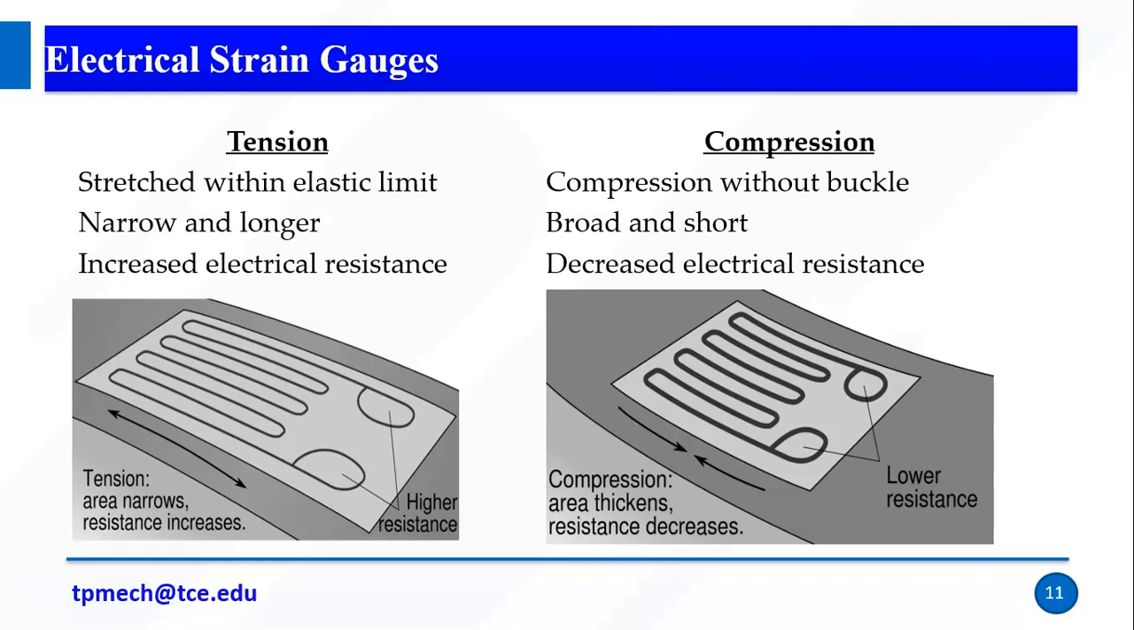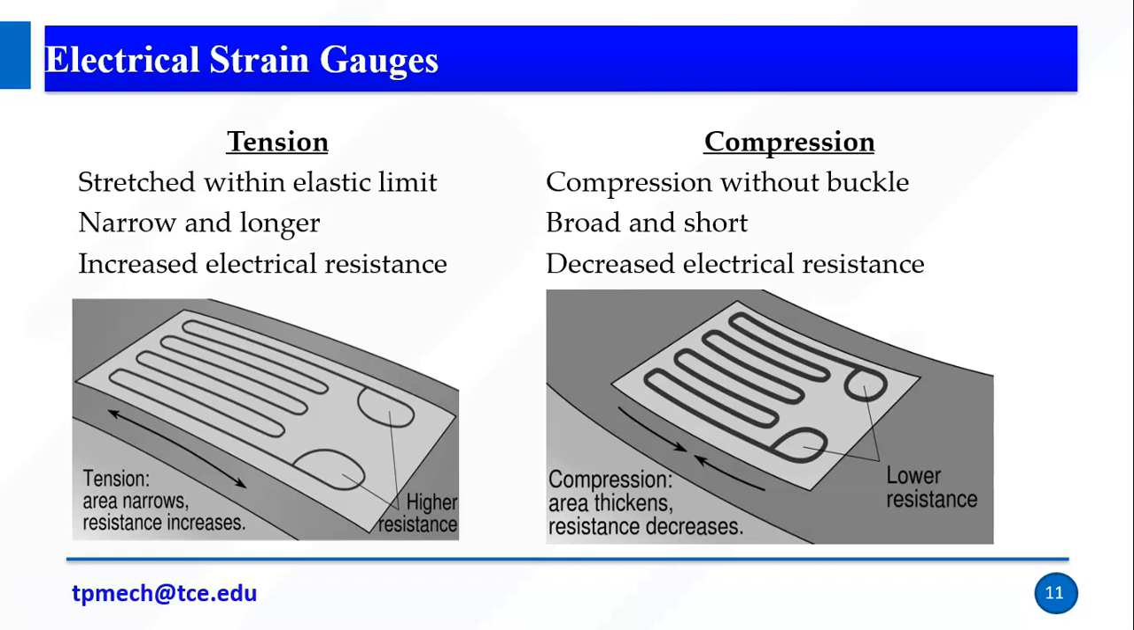So for example, if you measure the tension strain or compressive strain, tensile or compressive, right? If you measure the tensile strain, the strips are stretched within the elastic limit. Elastic limit is nothing but, after the elastic limit it may get permanent deformation. So within the elastic limit it regains, like a rubber band. If I increase the rubber band length within the elastic limit, it comes back and regains its original